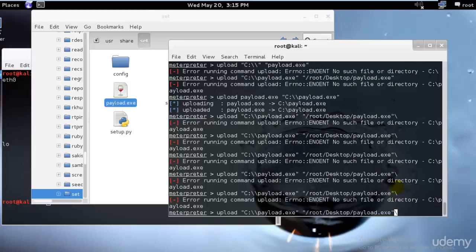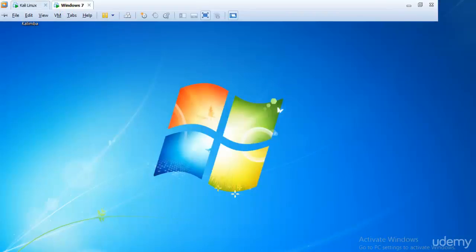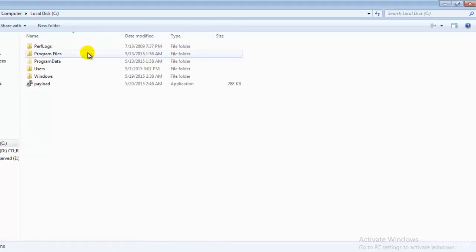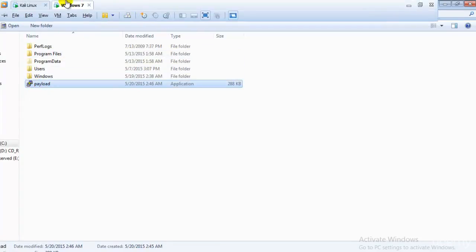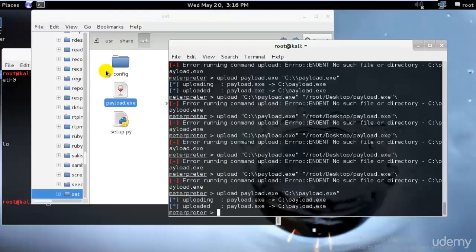Okay, sorry, actually it should have been exactly the opposite. The payload should be over here and the C drive should be over here. Okay, perfect, uploaded. So let's check the C drive right now. As you can see, I have the payload file. So similarly, you can simply copy it to the startup folder of Windows, and it will